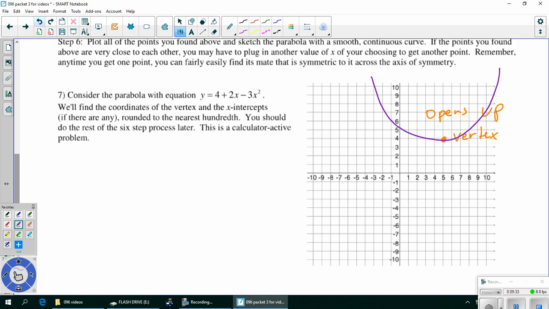It doesn't have any. And so we find the vertex first, and then we decide whether or not we should even bother looking for x-intercepts based on where the vertex is located and whether the parabola opens up or down. And if it doesn't have any x-intercepts, well, we still need a few more points. You can't just plot,